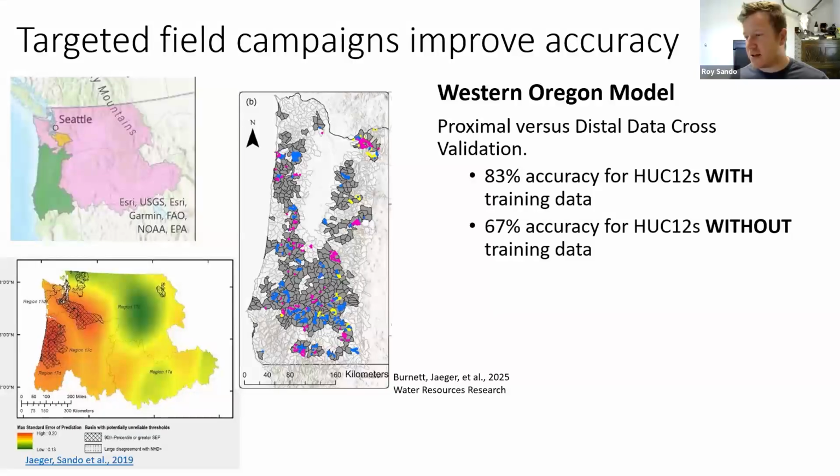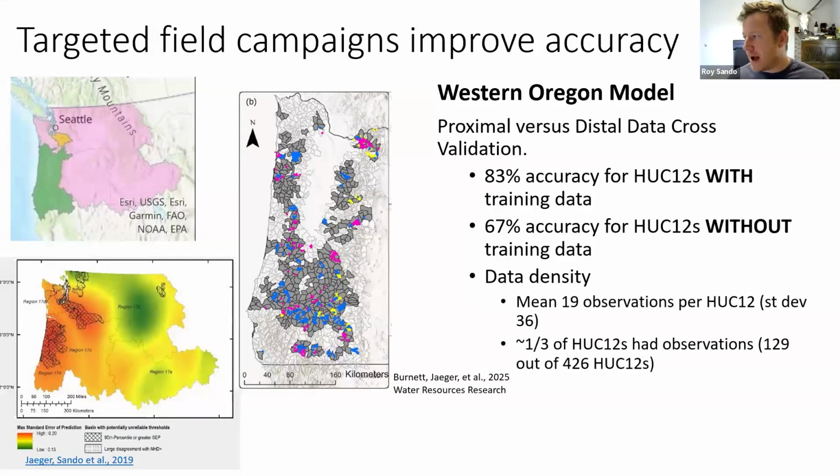So again, associated with scale here, where you have your data and what type of representation is associated with your data is important for model accuracy. And what they found is essentially model performance was best when using sites with greater than 10 visual observations. So this is essentially associated with the streamflow duration at a given location.